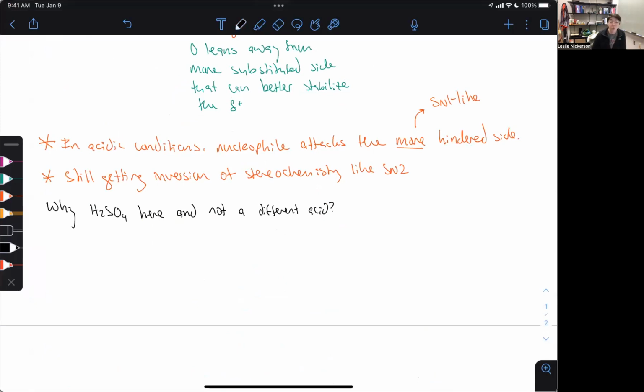Sulfuric acid is a very specific choice here, and it has to do with the features of this conjugate base. We've seen a lot of instances now where we have a conjugate base created that can actually be a nucleophile, okay? Because this negative charge is so incredibly delocalized and so incredibly stabilized,